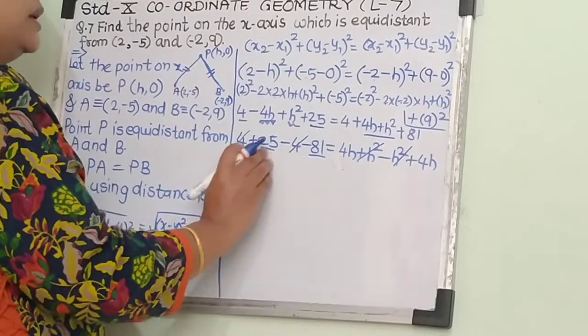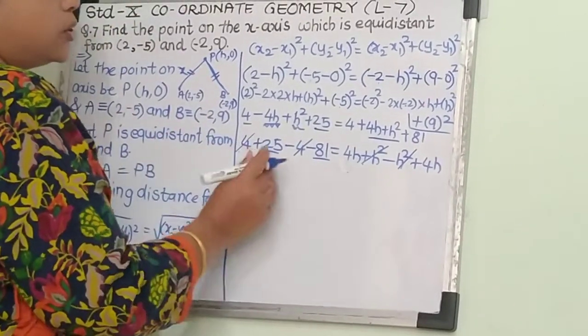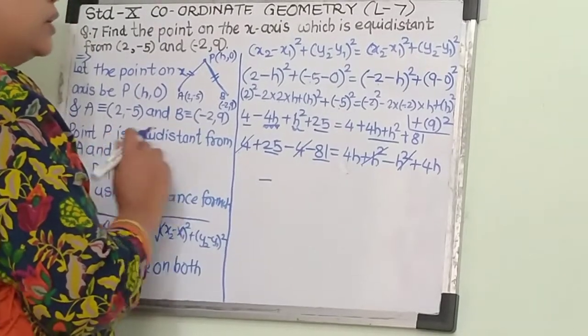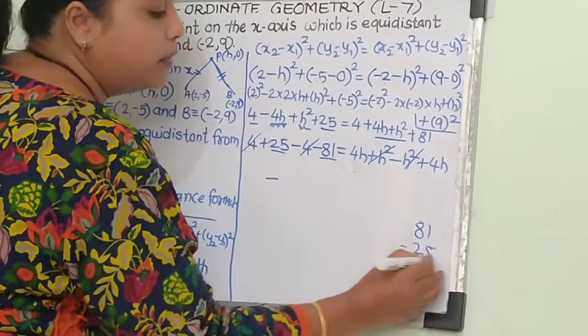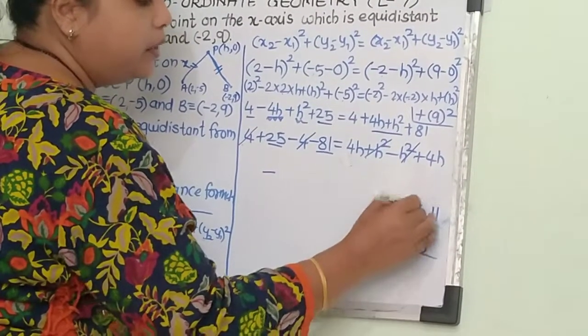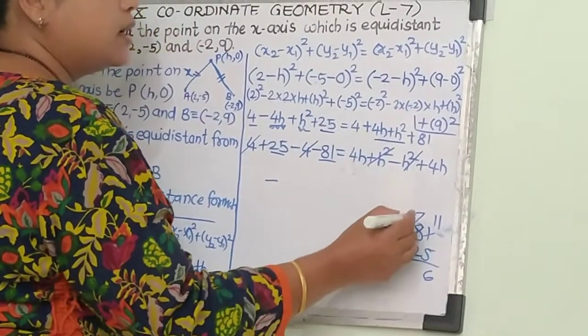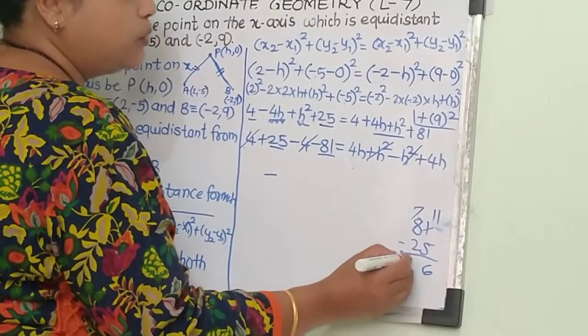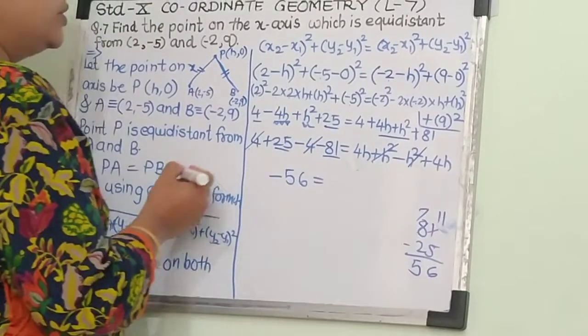So here plus minus minus, and sign of bigger number. The bigger number is here 81, so 81 sign. See here 81 minus 25: 1 becomes 11 and 8 becomes 7. So 11 minus 5 we get 6, 7 minus 2 we get 5. So minus 56 is equals to